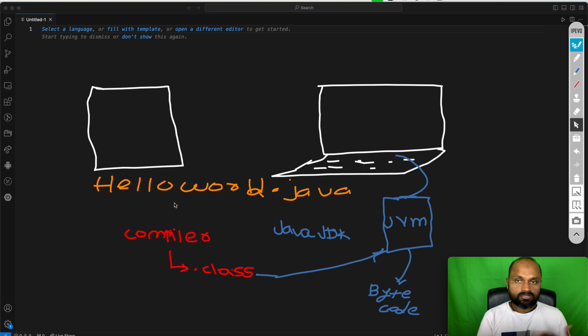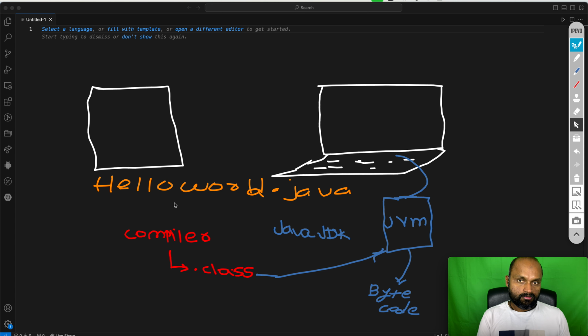So just to summarize, anytime you want to write a Java program, you write in some file and save that file using the .java extension, and then you compile that using Java software.